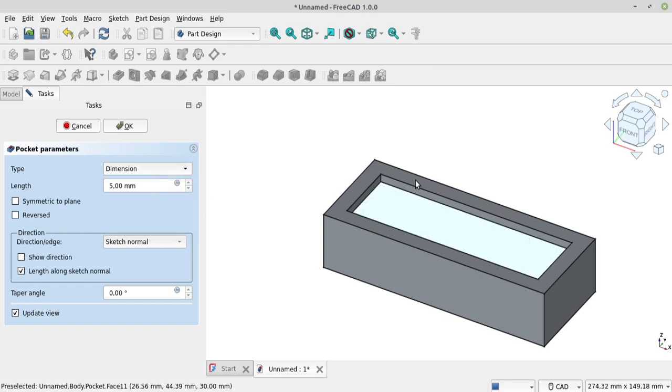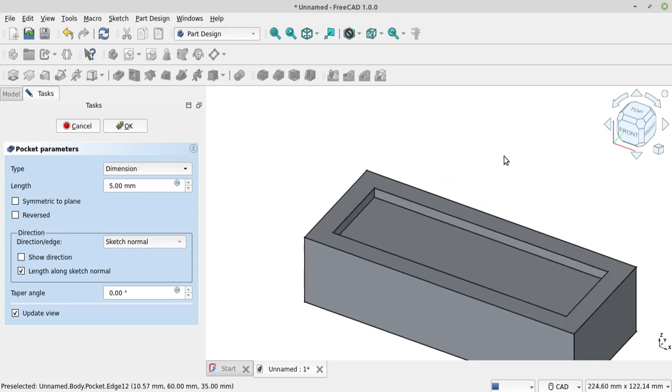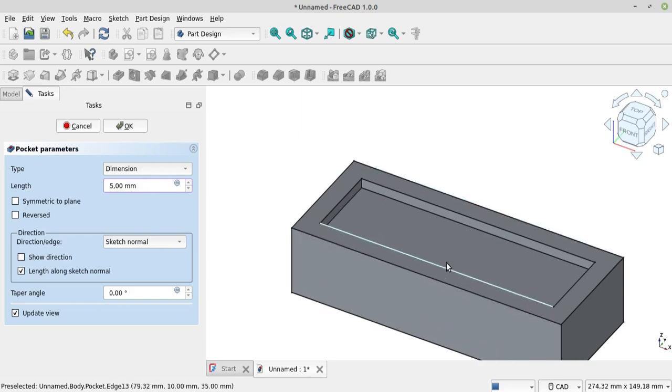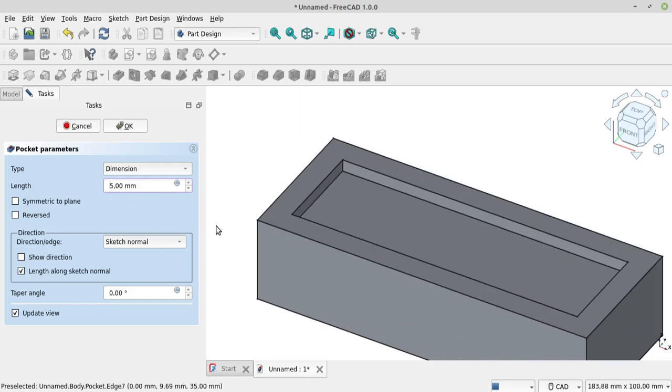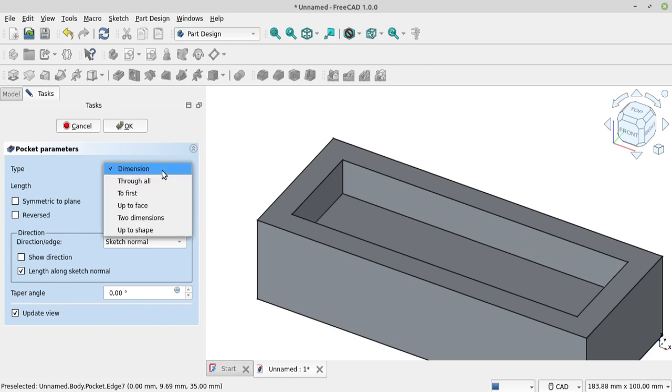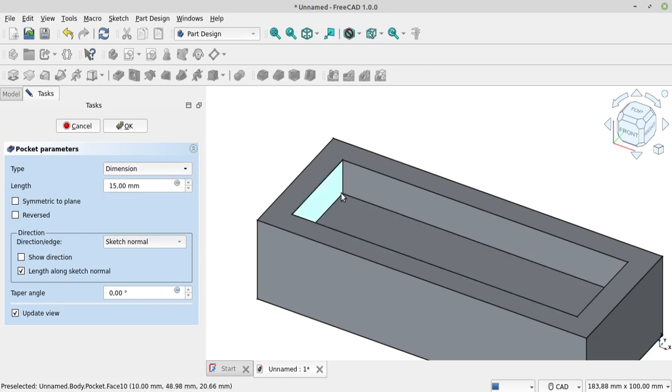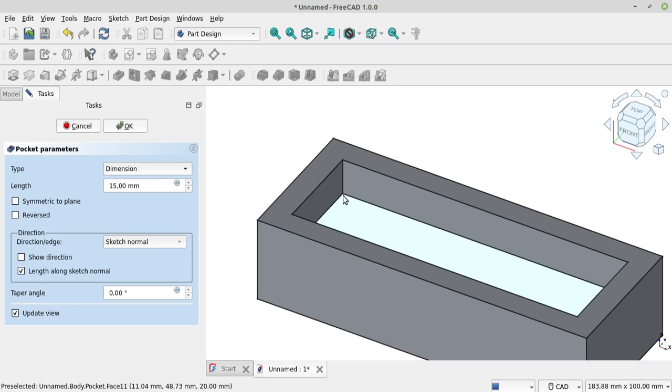You can fill in the length of your pocket. I will choose 50. This is the depth from the surface to the pocket bottom.